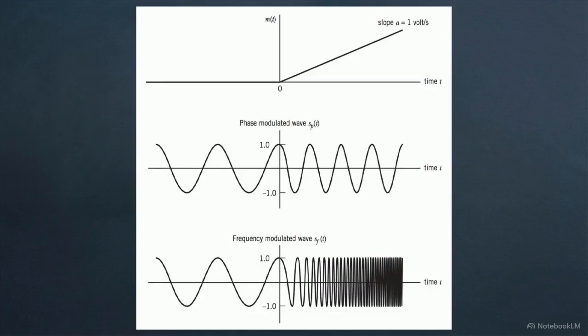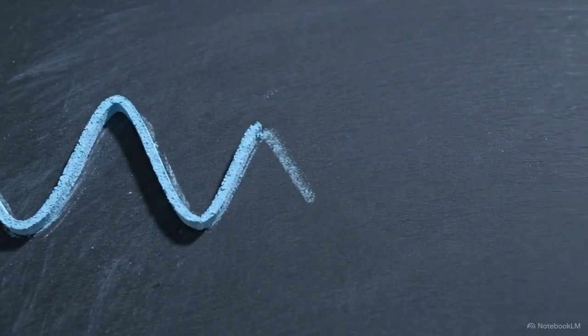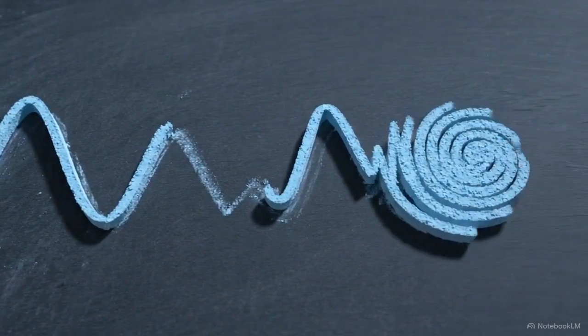The integral of a linear ramp is a quadratic function, meaning the area under the curve grows quadratically over time. As this area accumulates, it forces the wave's frequency to change continuously. In the bottom graph, the wave begins to compress immediately, creating a chirp where the cycles become closer and closer together as voltage rises. Because frequency modulation relies entirely on integration, a simple linear input produces a wave that constantly